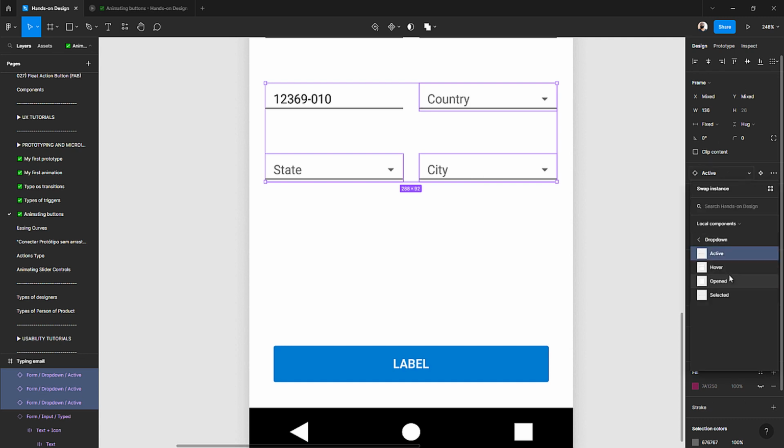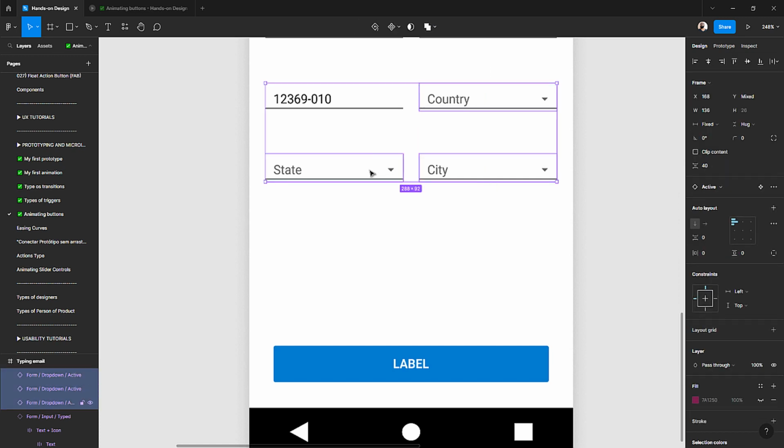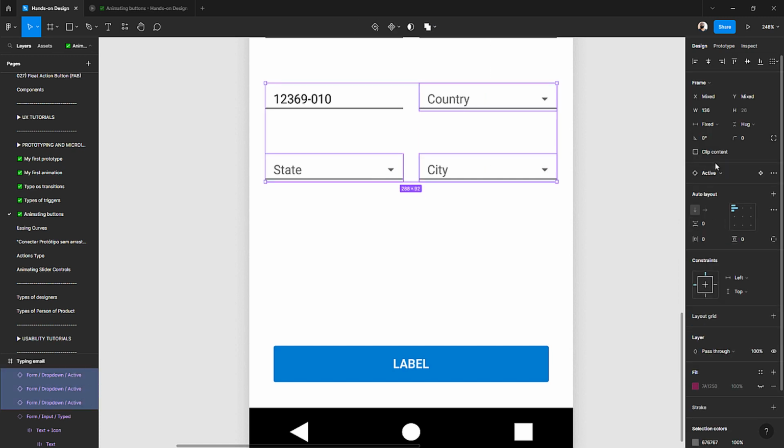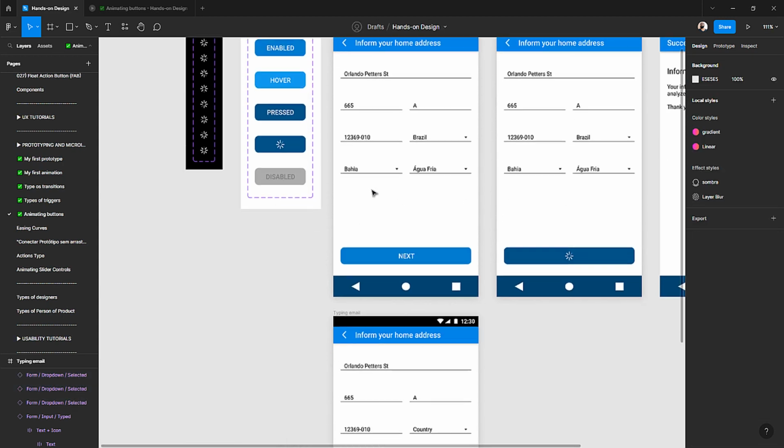So let's change it. In this case here, we are going to have those selects. They are active. I'm gonna go with active, opened, over. No. Let me see. I'm changing all of them. Selected. Yeah, this is data called selected. So like